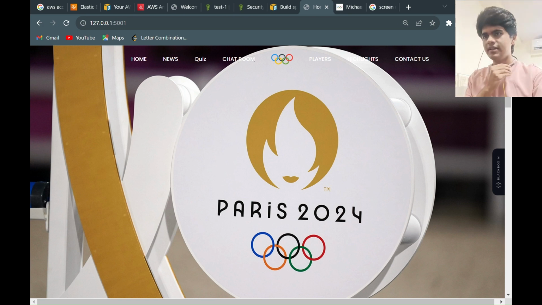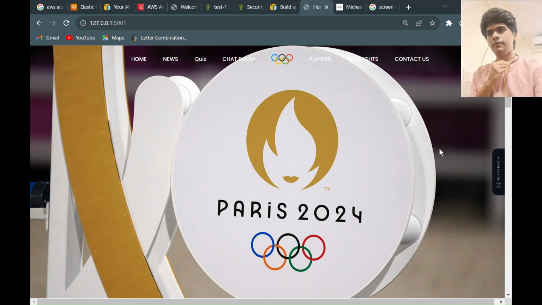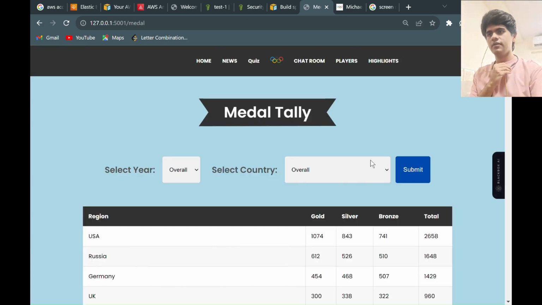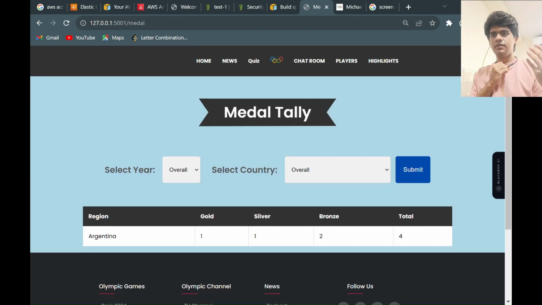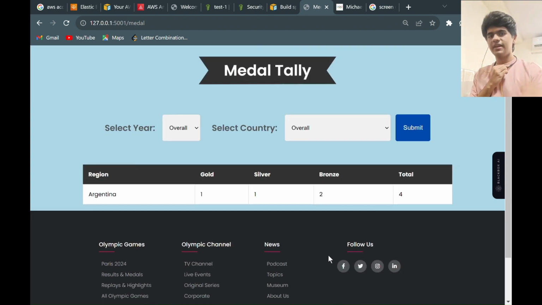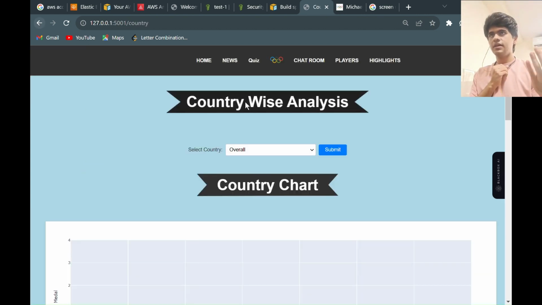Now coming to the analysis part of our website, we have divided this analysis section into 4 categories. The first category is medal tally, in which we have analyzed the countries in terms of medals won by them. We also offer the Summer Olympics edition, or the performance of all the countries in a specific edition. The second category is the country-wise analysis of the Olympics, in which we can view the top 10 athletes of a country in Olympic history.